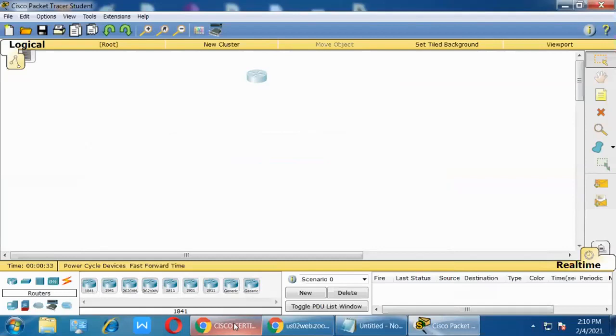More features are available in that one. It's good if you install the latest, because the latest router operating system models have more commands available, so you can do the practice well.